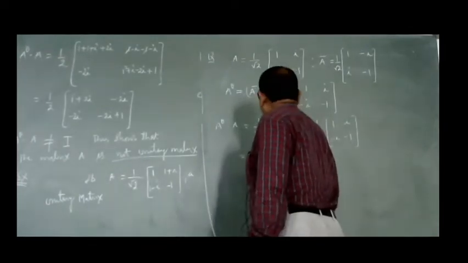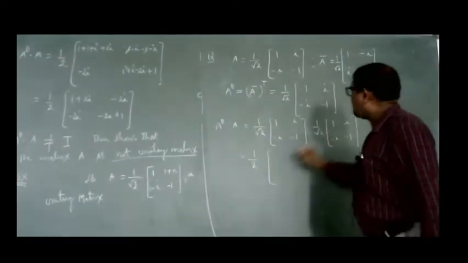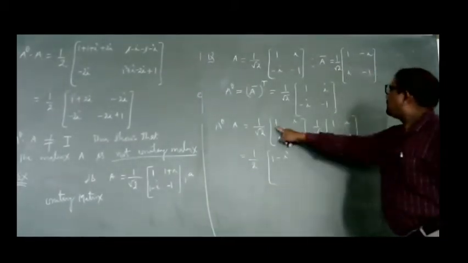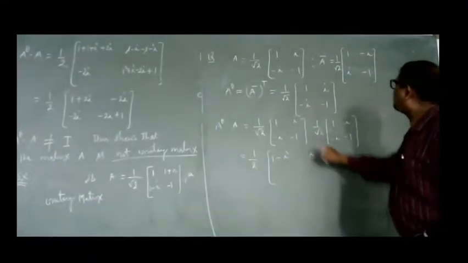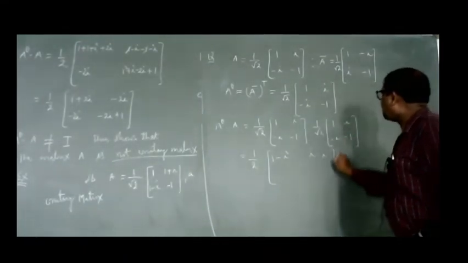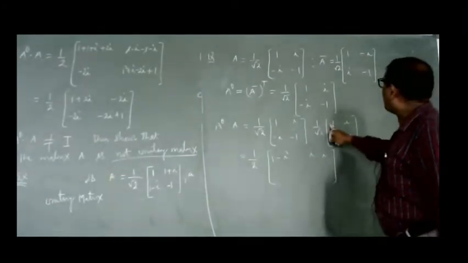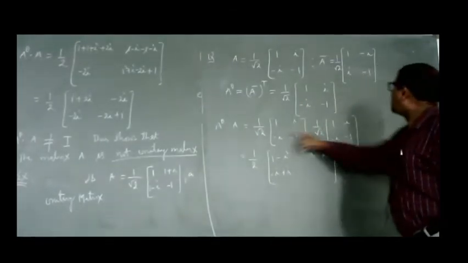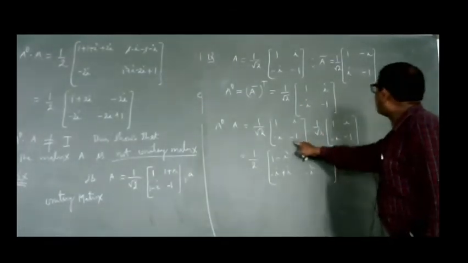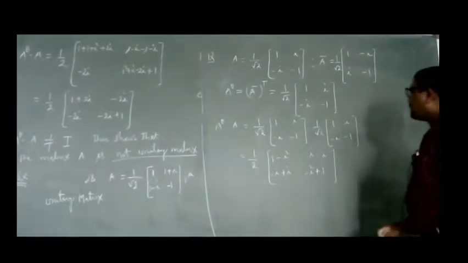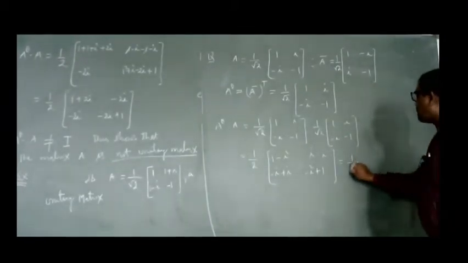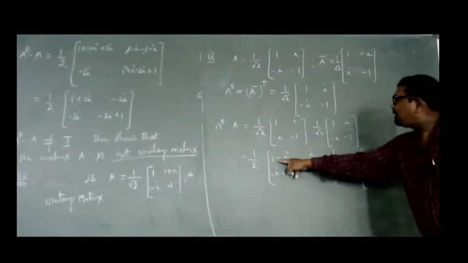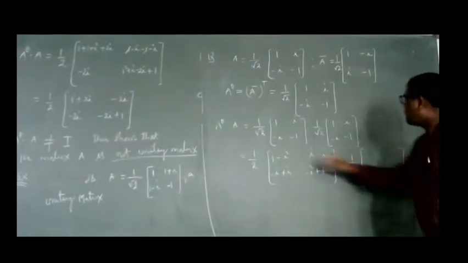When we find this 1 by 2 minus 1, there is 1, I into, and minus I square. This is I and this is minus I. This is minus I and this is plus I. This is minus I square. This is plus 1. So we find here 1 by 2. And this I square is minus 1. So minus 1, and then minus, that becomes plus 2.